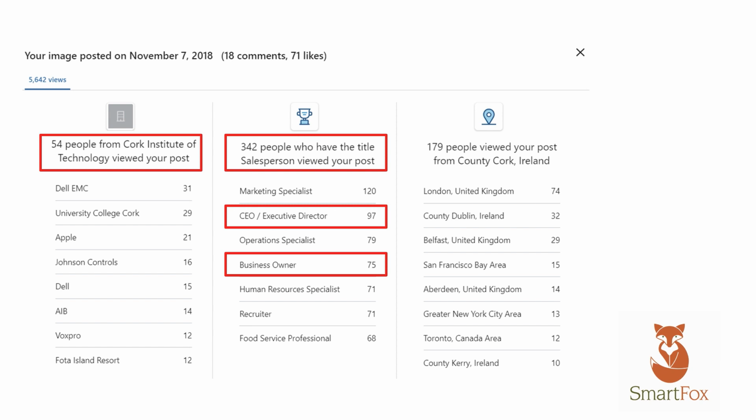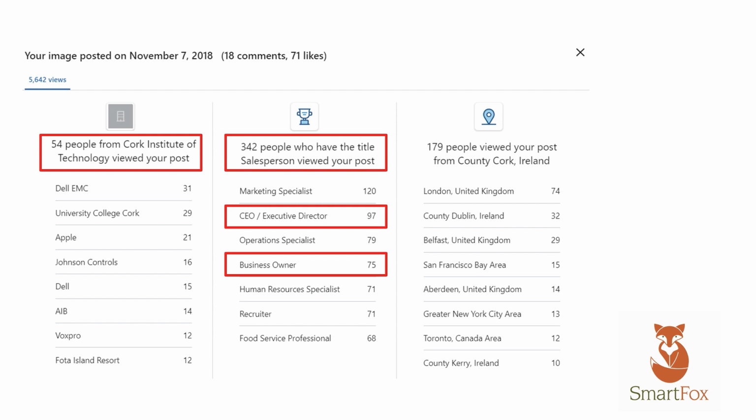So they can't show you the people's names, but they can show you the companies that they work for. And then the middle column are the job titles of these people. Now again, they can't show you the exact job titles, so they kind of water the job titles down, they filter them down to maintain people's privacy. But it will still give you a really good indication of the types of people, the types of job titles who are looking at your content.